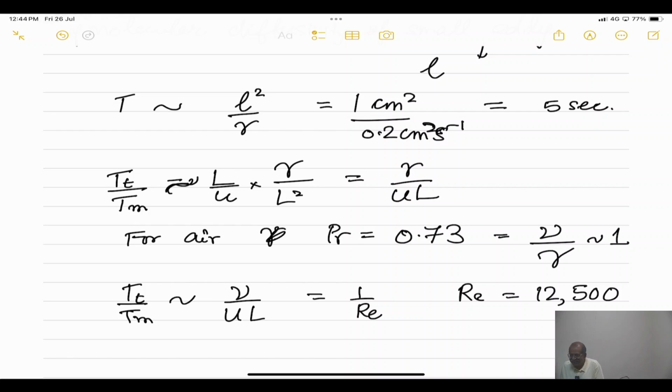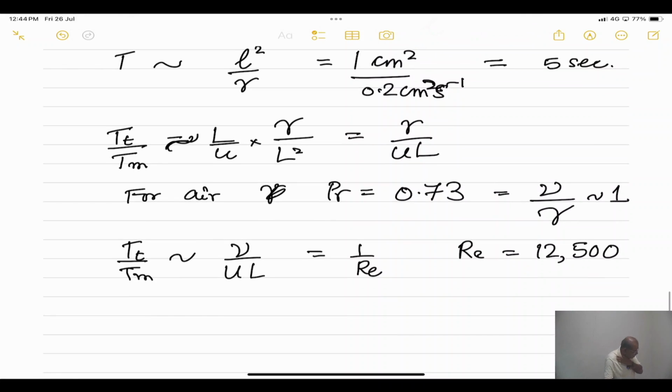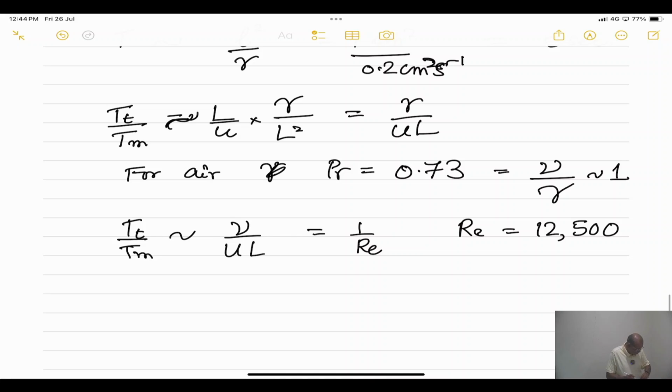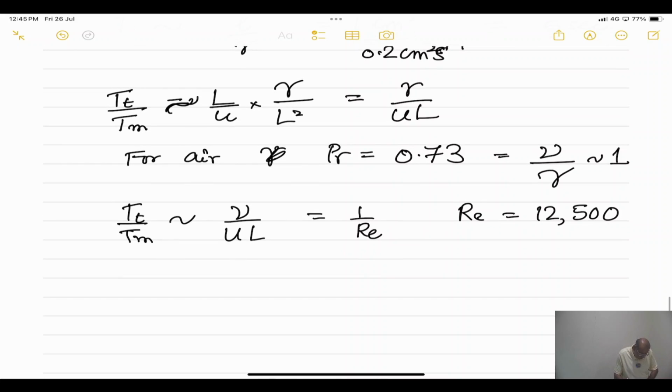If you have done any course, one or two courses, it is drilled into your head. Reynolds number is inertia force to viscous force, and that is also right. But here what we understand is that the interpretation of Reynolds number is that it can also